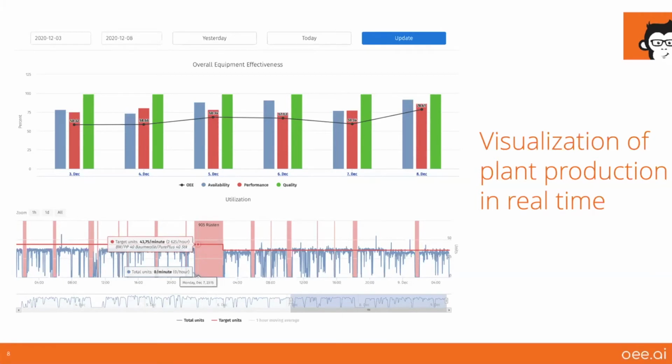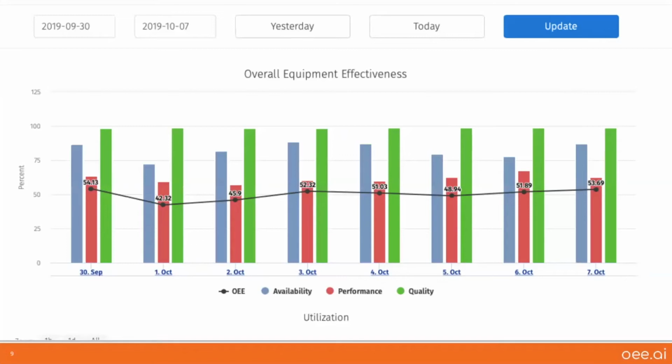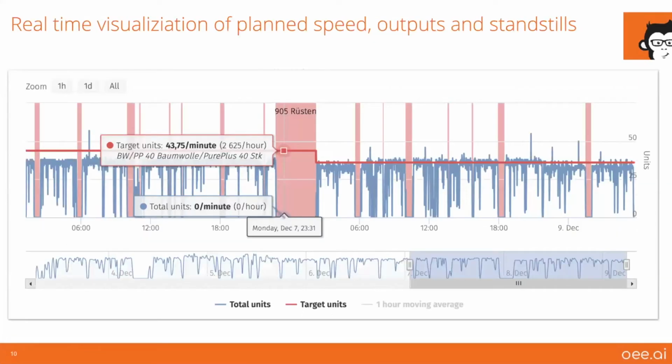You also get the visualization of the plant production, which is the output level, which we can see on the bottom. I can increase it a little bit. So if you want to see the actual output, you see the blue line showing the output of the machine. You can see the red line showing the desired output per line, and you can see that on the left side before the changeover, sorry for the German there, it was running below the right speed, and afterwards it looks like the machine is running a little bit above the desired speed. That is the actual reason. I think on the left side they